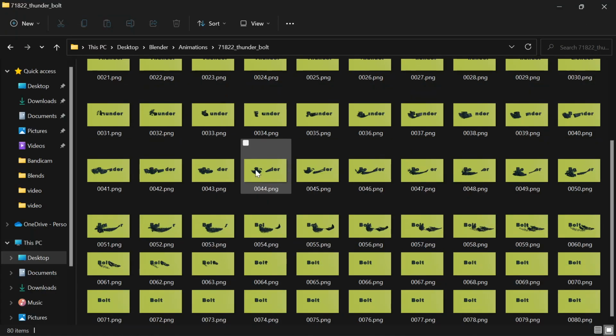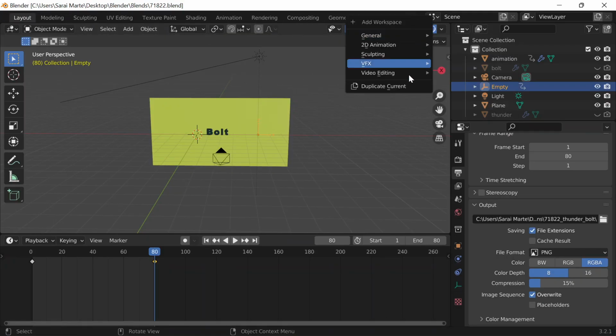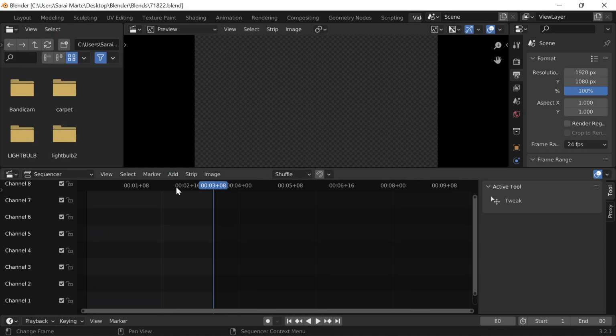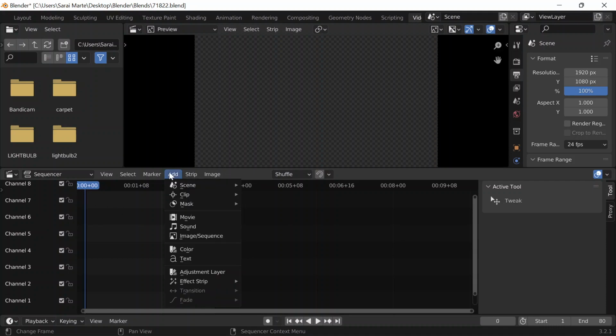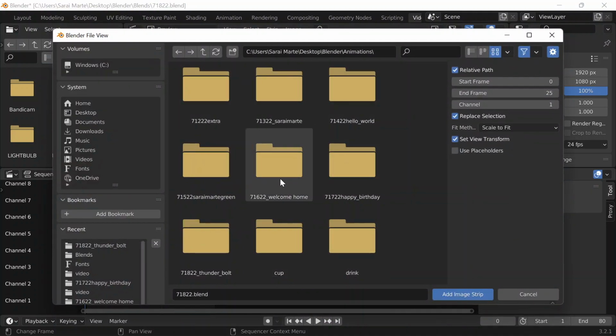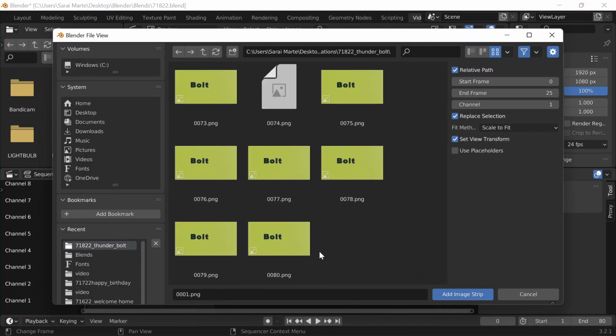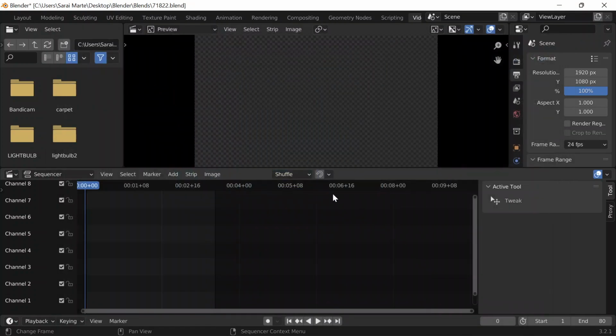Alright, and now all of the 80 frames are in this folder, so I'm just going to X out of here, X out of there, go to the top, scroll down, video editing, after clicking the plus sign, move this all the way to the beginning, and then add, go back. Then I go, okay, first of all, it's 0. Can we go to 0? Thank you. Alright, add image sequence, and then I go to that folder where I have those animations, if I could ever find it. Then select the first one, scroll down, shift, select the last one, add image strip,